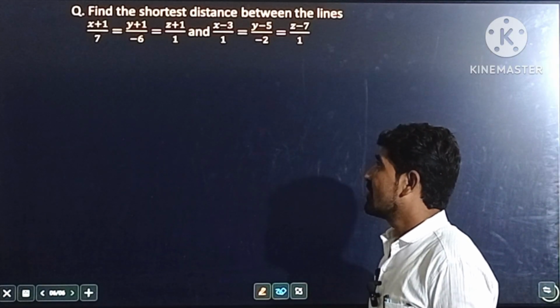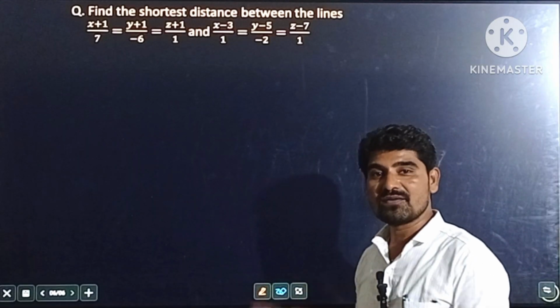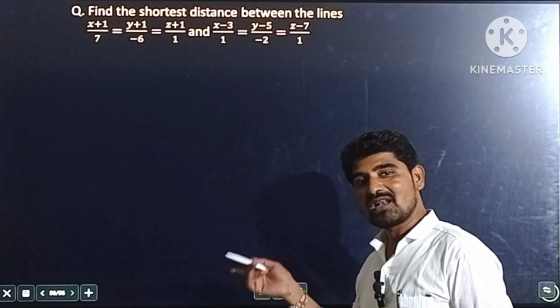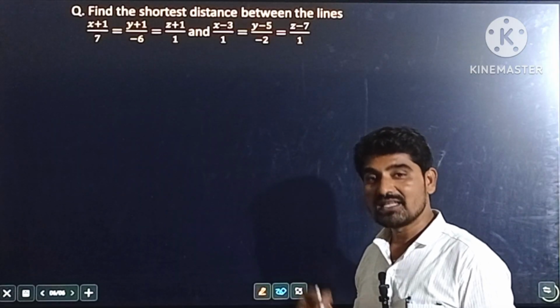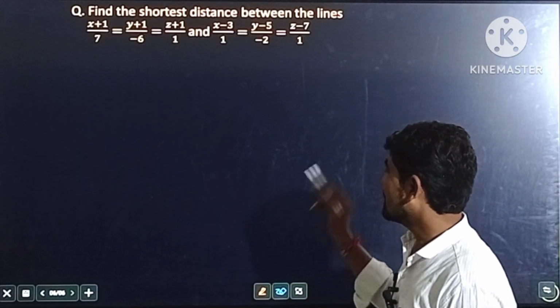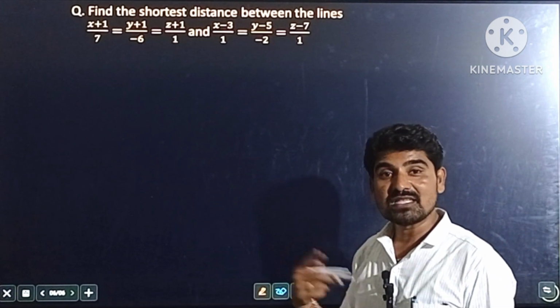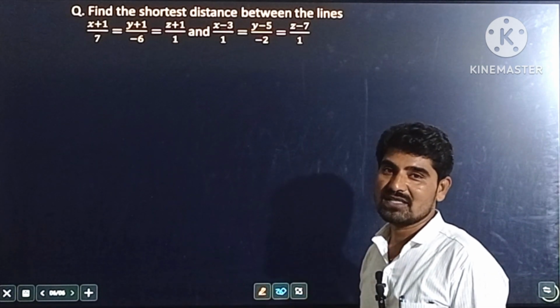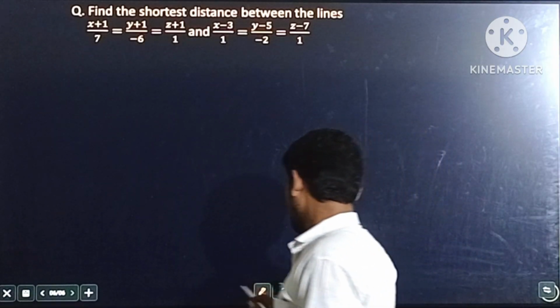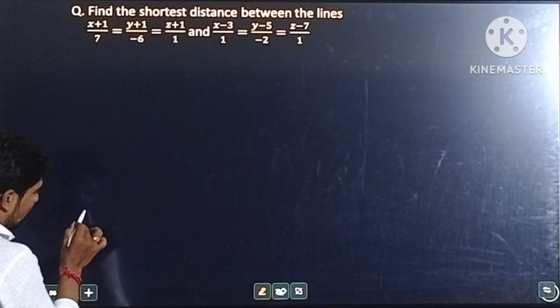So for that, we should know whether the direction ratios of both the vectors are the same or different. If same, they are parallel vectors. If different, they are skew lines. So for identifying the direction vectors of both the lines, first compare these two given lines with the standard forms of the Cartesian equations of a line, where the Cartesian equation of the first line is of the form